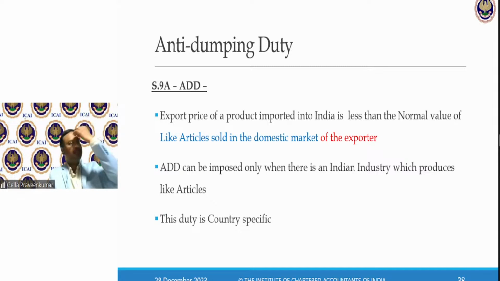Next, moving on further, anti-dumping duty. This is where the price has been affected or reduced intentionally to dump that particular product into India. I call it dumping of goods with a price reduction.